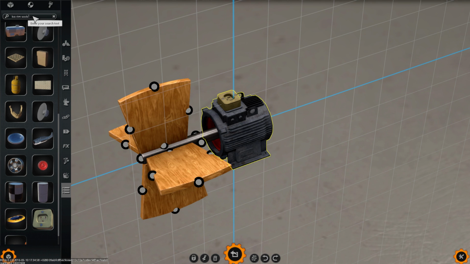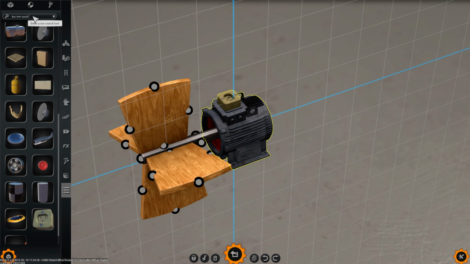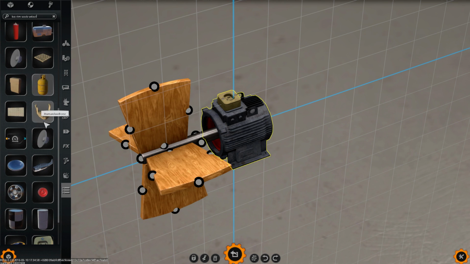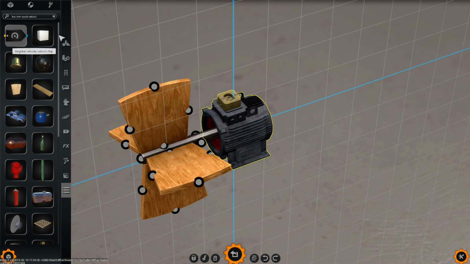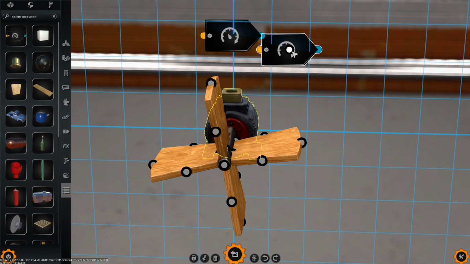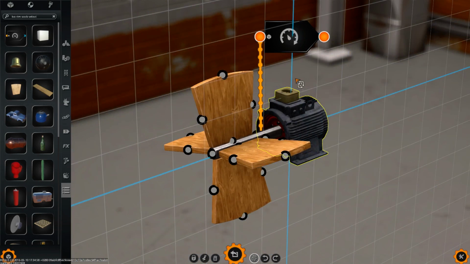For that we have such a velocity sensor for angular velocities. So I will connect this axle with the sensor, and the sensor will measure the amount of spinning, and